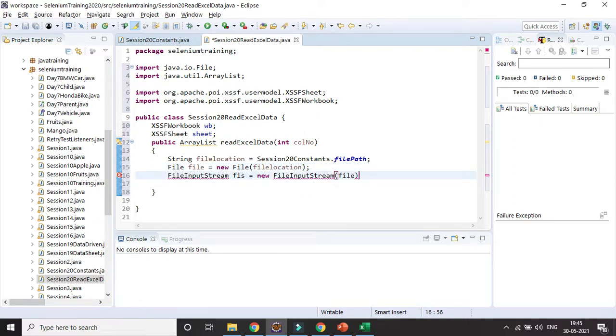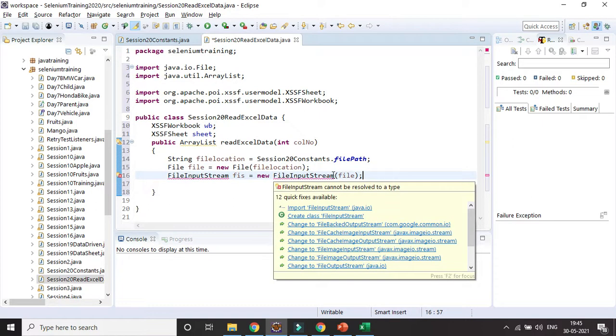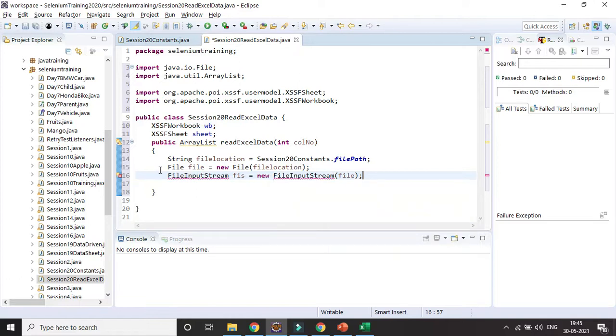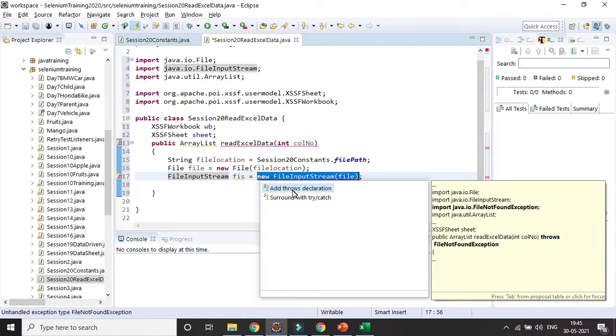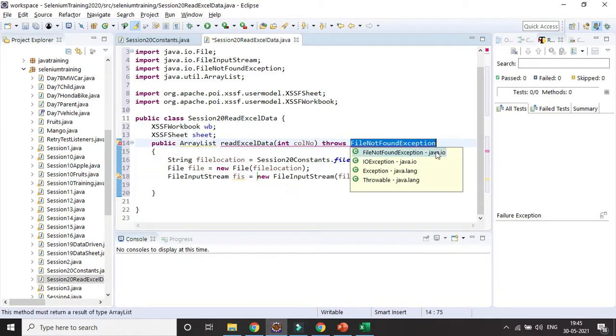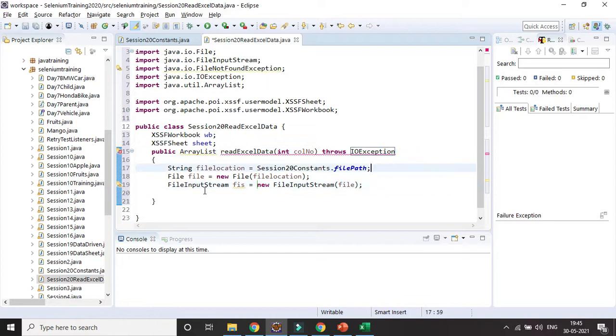So these are the important file input output operations. In case you have not gone through them, go through the relevant sessions for Java IO, all the input output operations, how to read and write the data. You can find it in the Java IO session; I already covered them. Now an error is coming, we need to surround with try/catch or add a throws declaration. So let's add the throws declaration here. Instead of IOException, I can keep it. Okay.